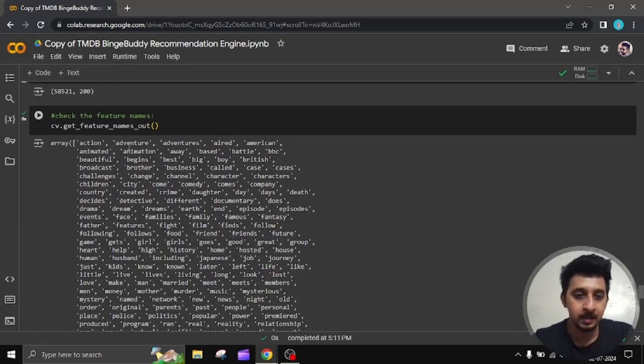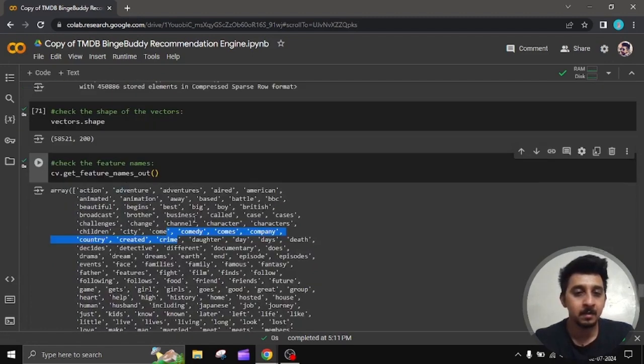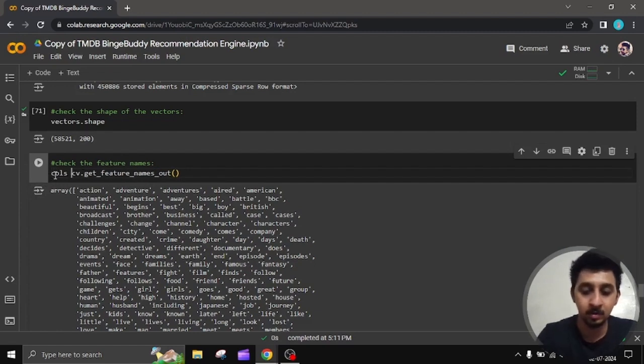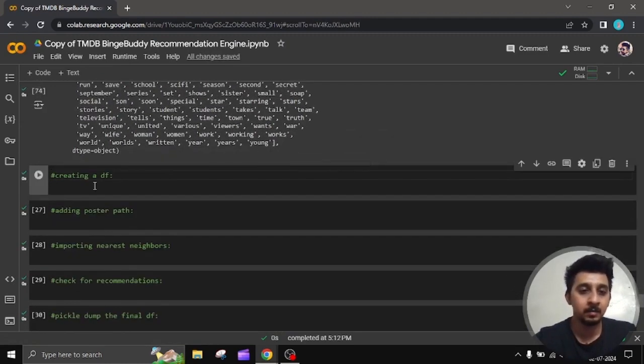So when you run it, you will get these top 200 words like action, adventure, crime. So these kind of words that are most frequent in all of the descriptions. तो हम क्या करेंगे, इसको एक वेरिएबल में सेव करेंगे named cols, so which are nothing but columns. So these are our columns. And अब हम एक kind of pivot table बनाएंगे where we will have left side में all the names of the movies